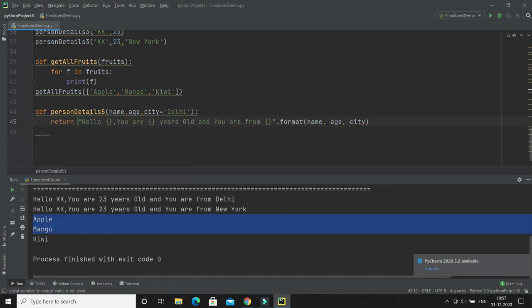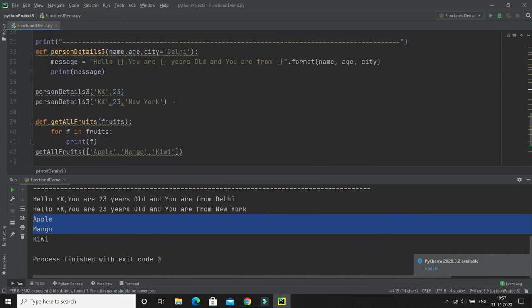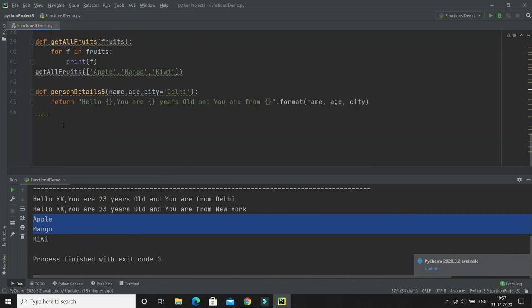I want to return this value to the caller. To return a value, you have to use the return keyword. I already made a call, so now if you call this function, it is going to return this string.